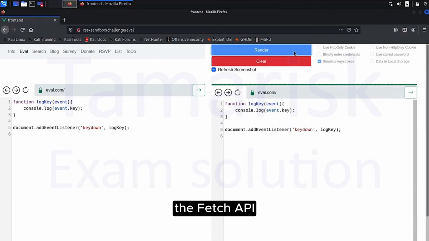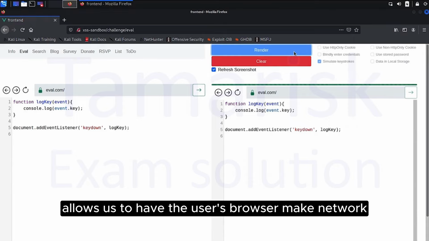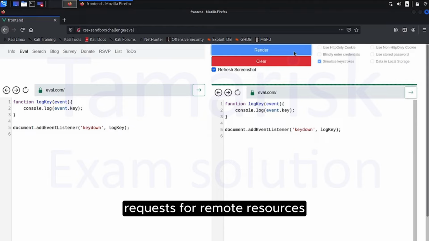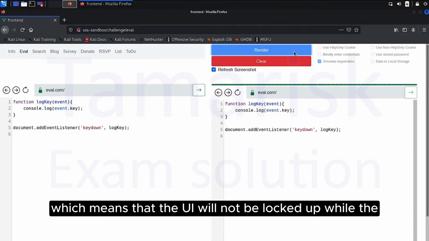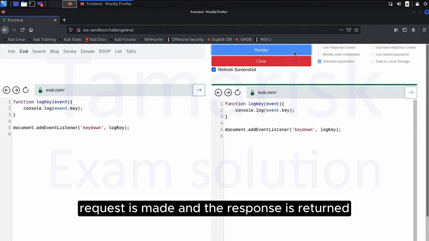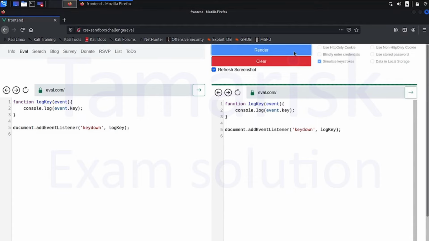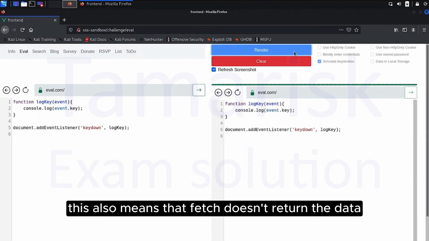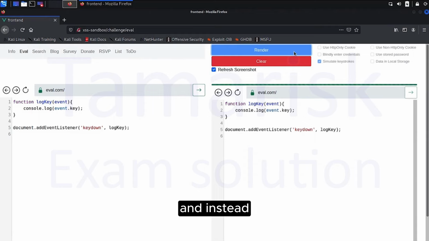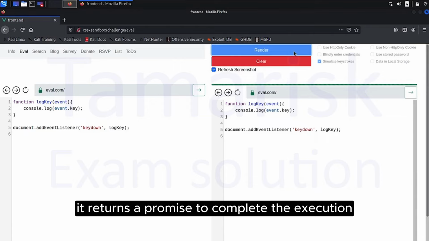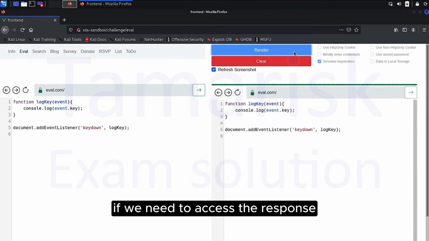The Fetch API allows us to have the user's browser make network requests for remote resources. The Fetch API call is non-blocking, which means that the UI will not be locked up while the request is made and the response is returned. This also means that Fetch doesn't return the data immediately, and instead, it returns a promise to complete the execution. If we need to access the response, we use the then method and pass in a function to execute when